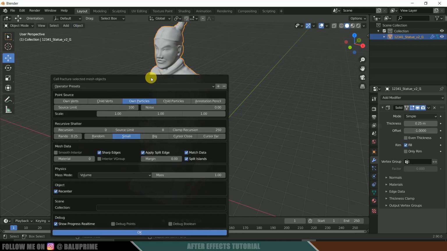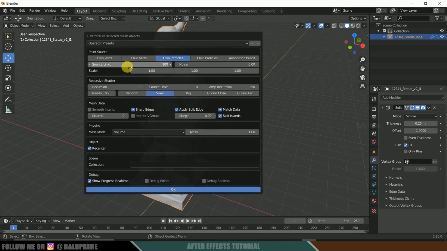So here we can select how many pieces we want. So here the source limit is set to 100. We can raise this to 500,000 depending on your wish. So here I will be selecting 500 pieces, and in shatter I will make this small pieces only. So select this small and hit OK.